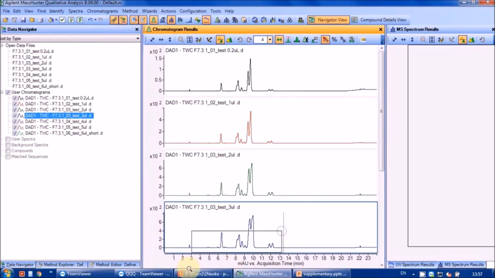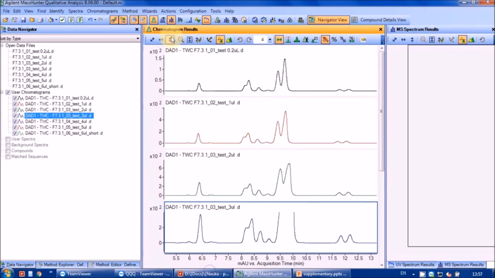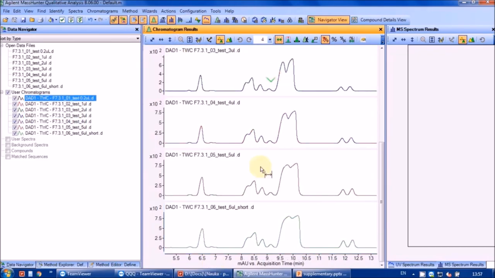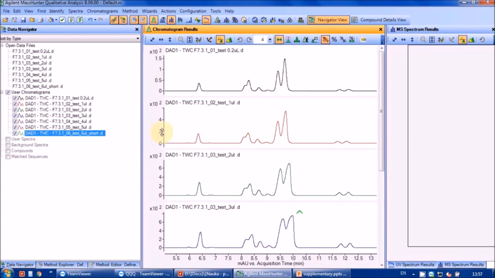So this is from 0.2 to 6 microliters. As we can see, if we inject low volumes, such as 0.2 microliters of sample, we will obtain good peak shapes and adequate separation, comparable to analytical HPLC, but at the expense of needing to perform hundreds of separations, which is not practical. It is labor intensive, blocks the instrument for a long time, and generates large volumes of chemical